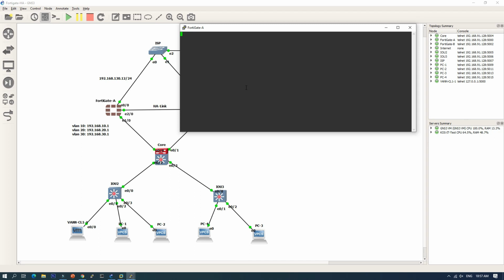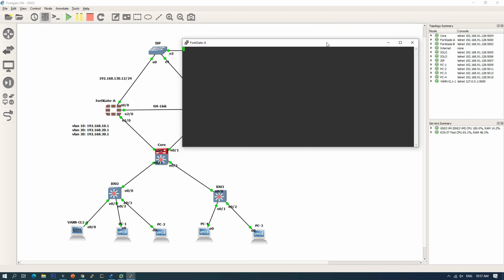Okay, it takes some time because my resource is reached to the maximum.